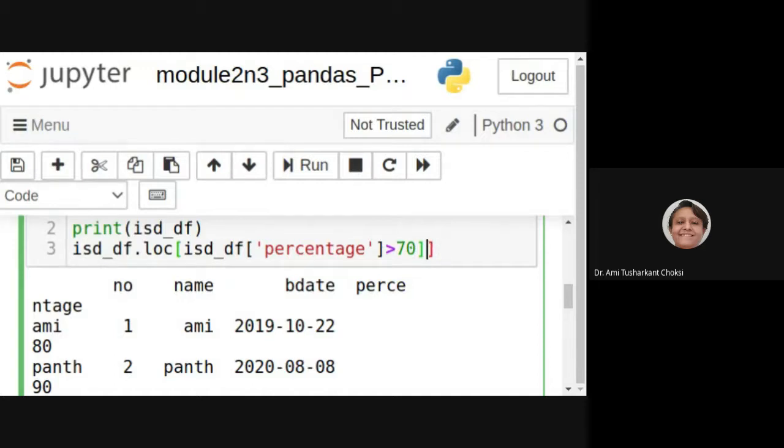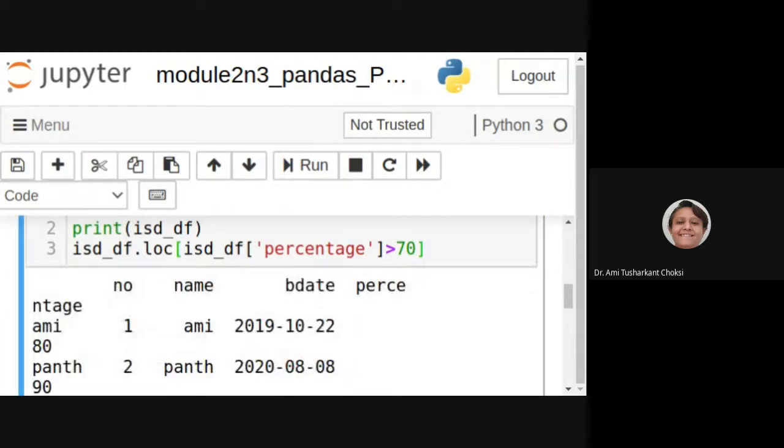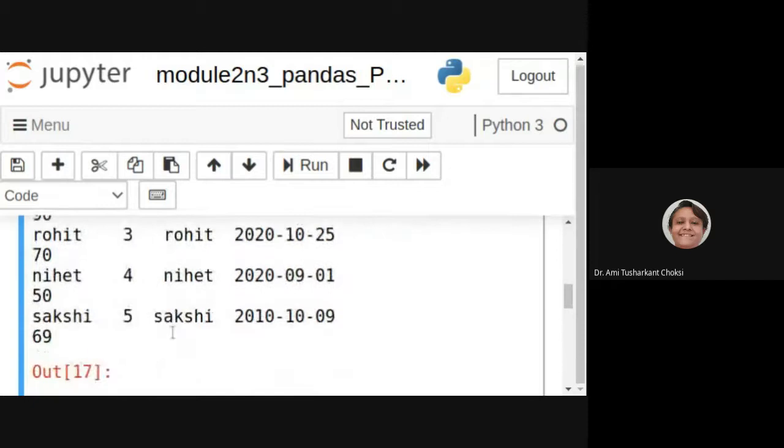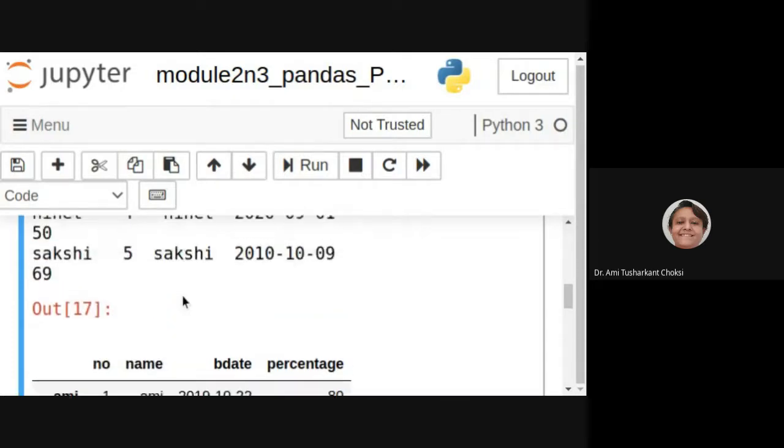Why is it giving everything? Last time also we have done this, isn't it?